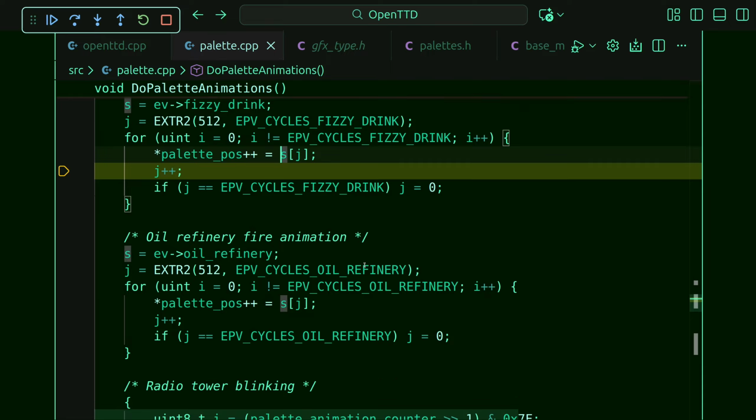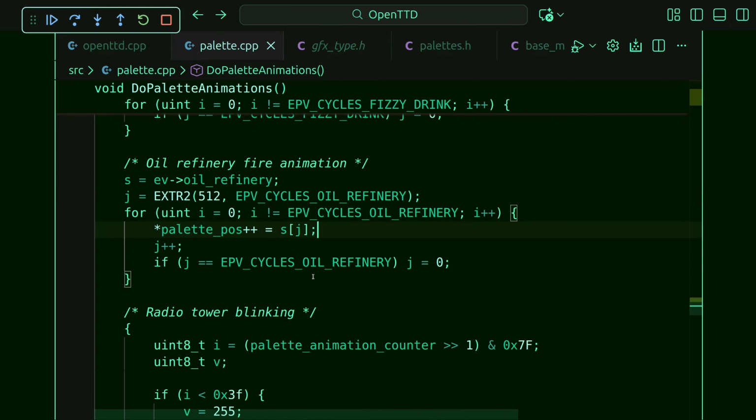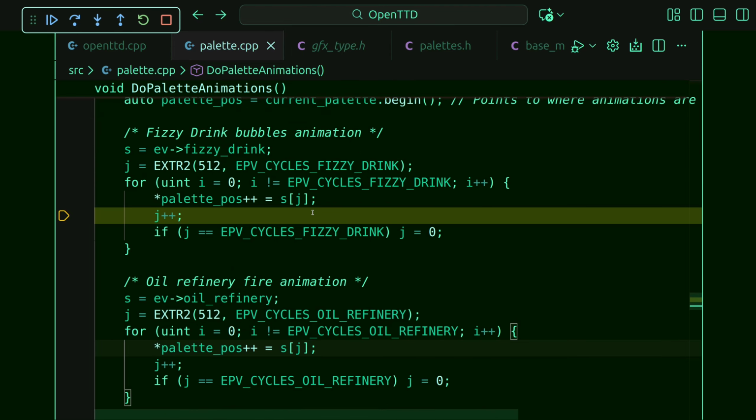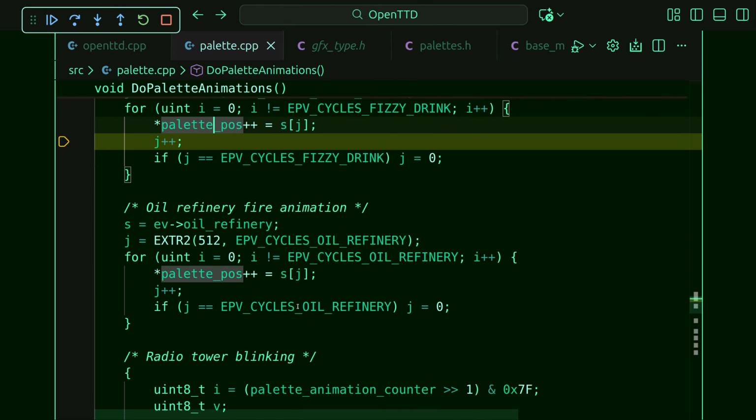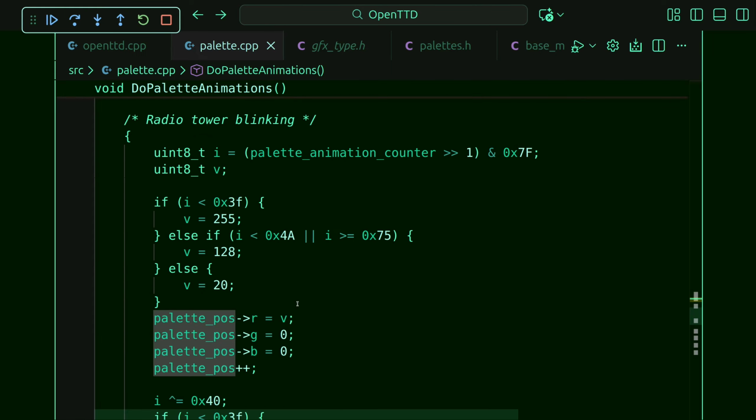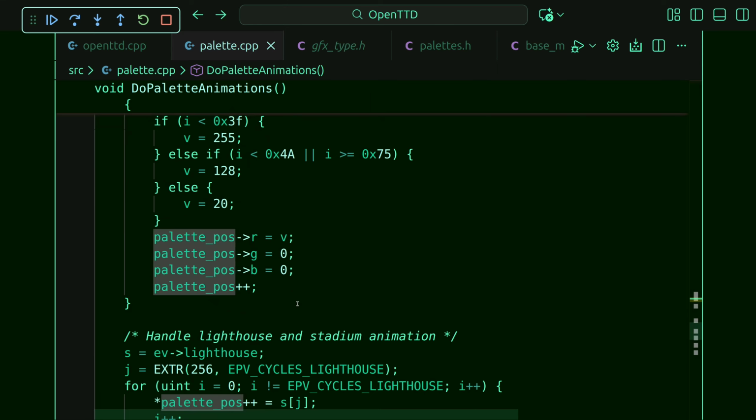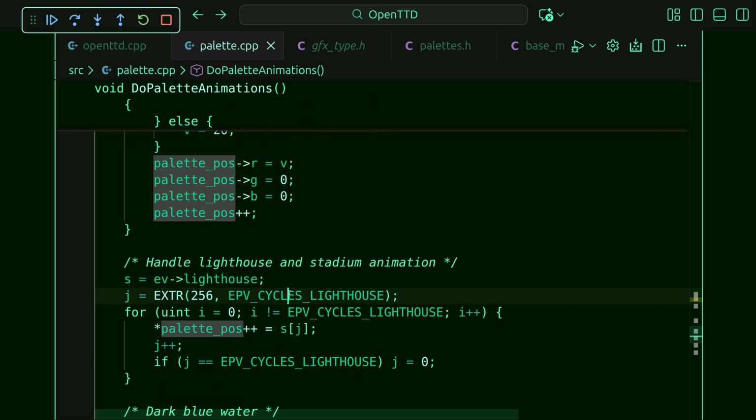Okay, so this is some complex stuff that I cannot really understand without deep diving into this palette stuff. So how I understand it, okay, this is just my assumption, that